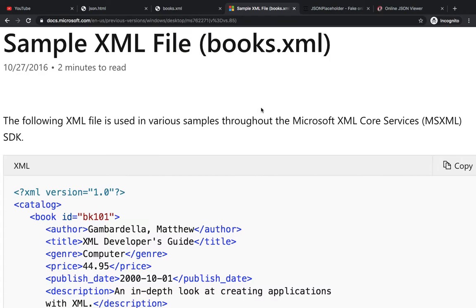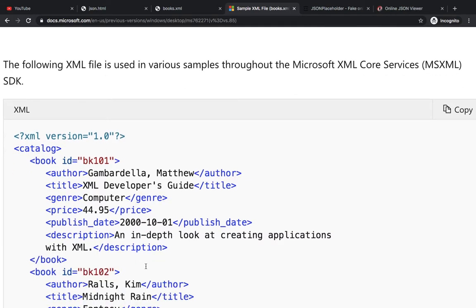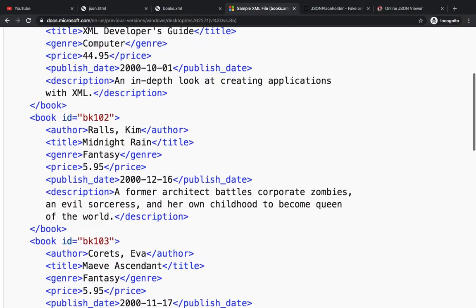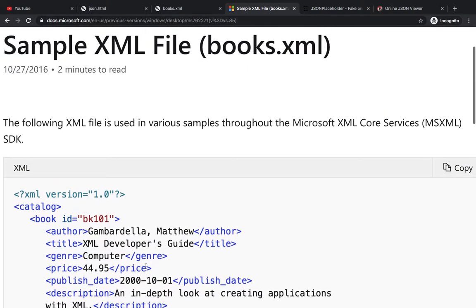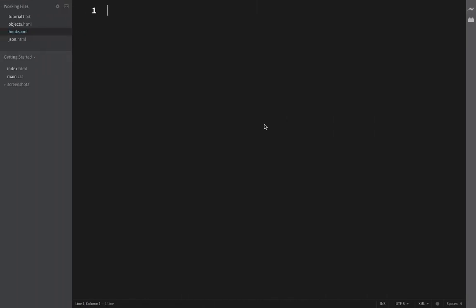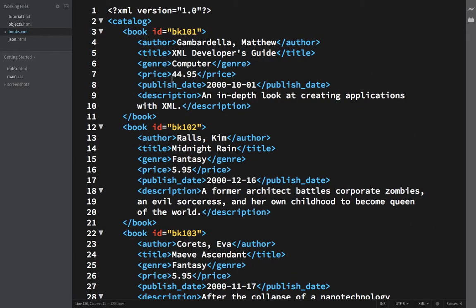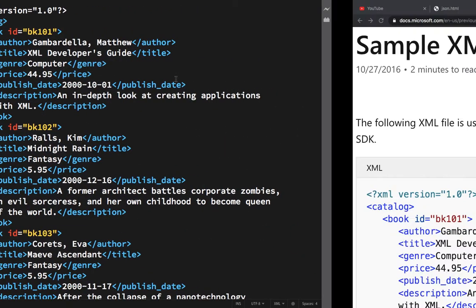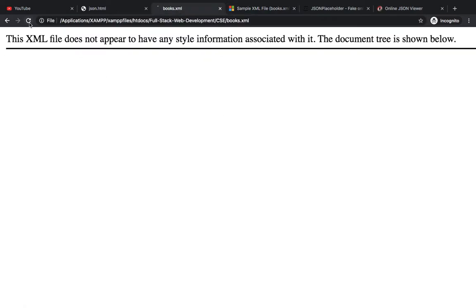So let us come to the question now. Here we have an XML file with the name books.xml, and I am taking it from Microsoft documentation. It contains the records of some books along with their other details. It's a complete catalog of the books, in which there are 12 books as of now. You can copy this XML code, paste it in a file with the extension XML, and then you can see this file in your browser like this.